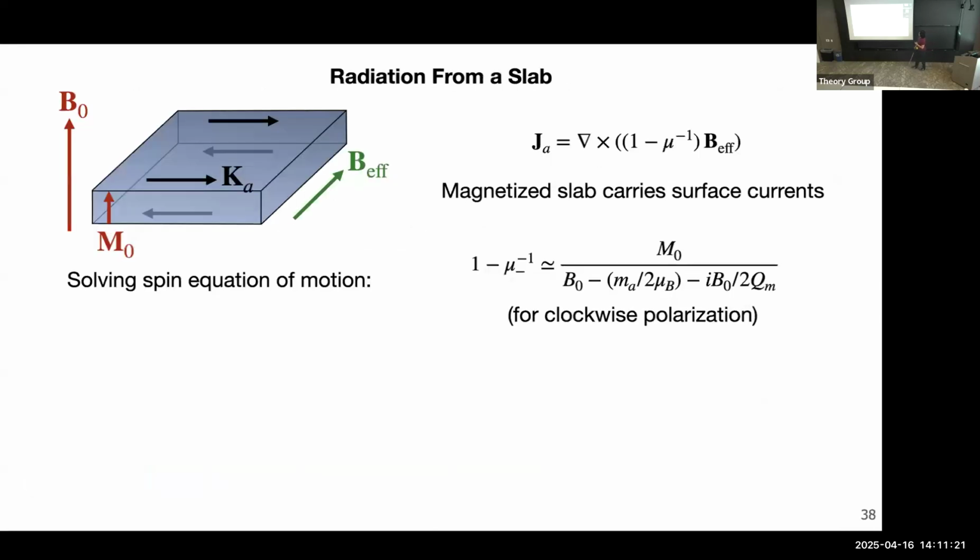And so here's an idea. So the idea is that we just get a really, really big slab of this material. So let's say it's like a meter squared in area, and it's relatively thin. And so here's what happens when you have a slab. There's going to be some current induced inside the slab, which is basically, this is again back to Griffiths, the curl of (1 minus mu inverse) times B effective. 1 minus mu inverse because they made a mistake 200 years ago.